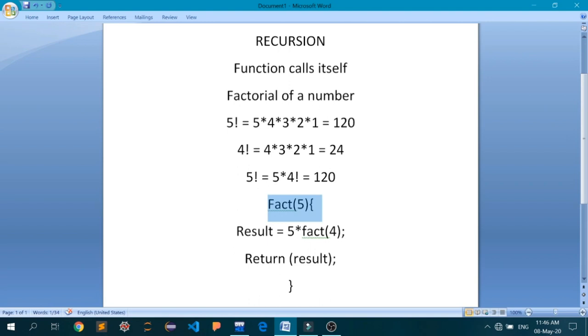It will initialize a variable called result equal to 1, first take the number we passed as an argument, and then multiply it by whatever is returned by the function fact, but this time I'm passing the argument 4 here.